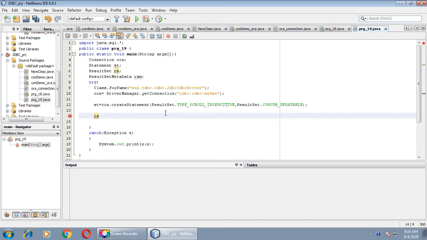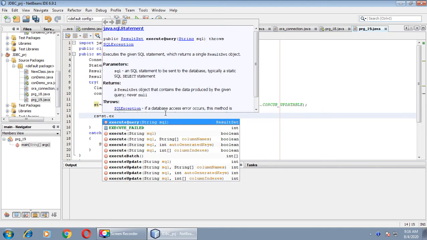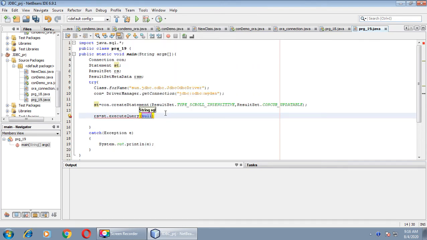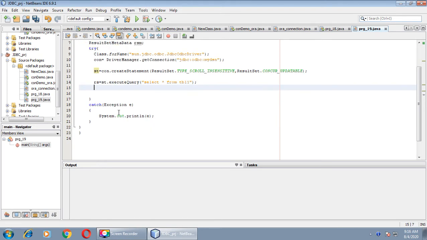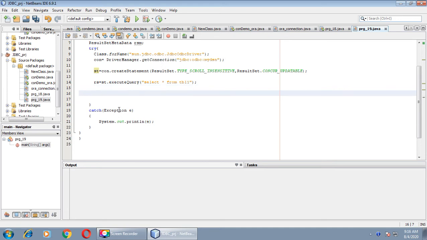Now execute the query. rs equals to st.executeQuery, which query we will pass as a parameter. So select query, here we will take select star from tbl1. tbl1 is the name of table. rsm equals to rs.getMetaData.